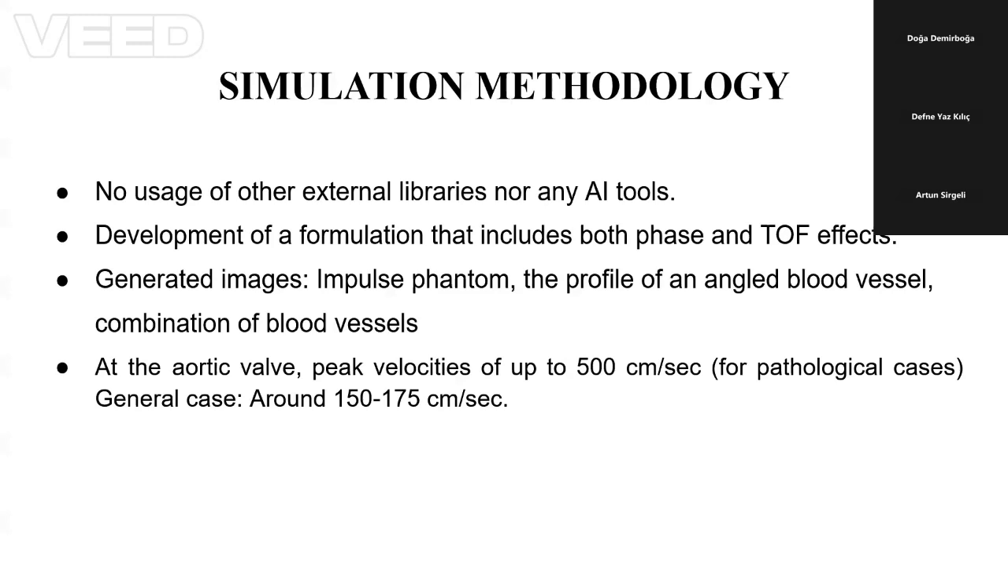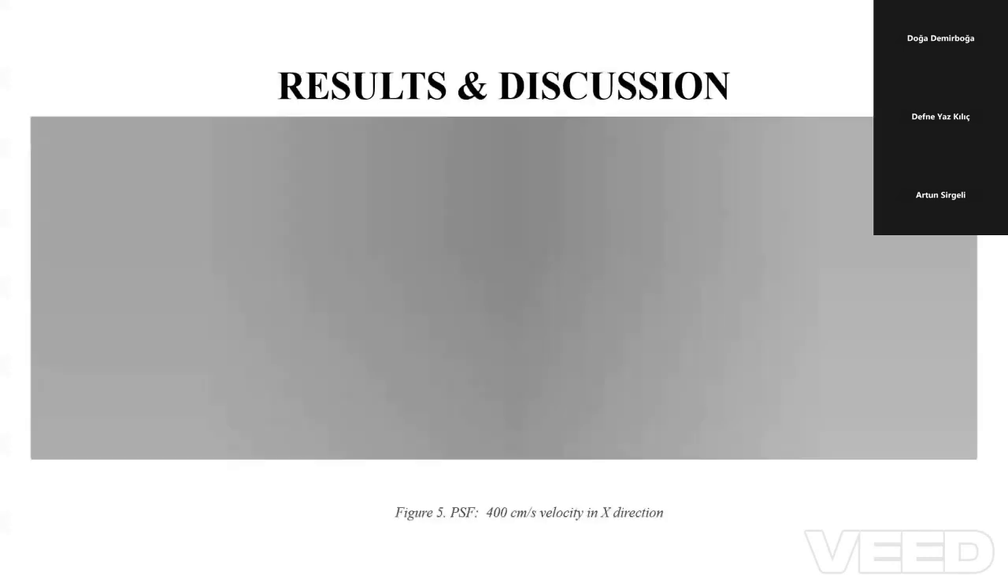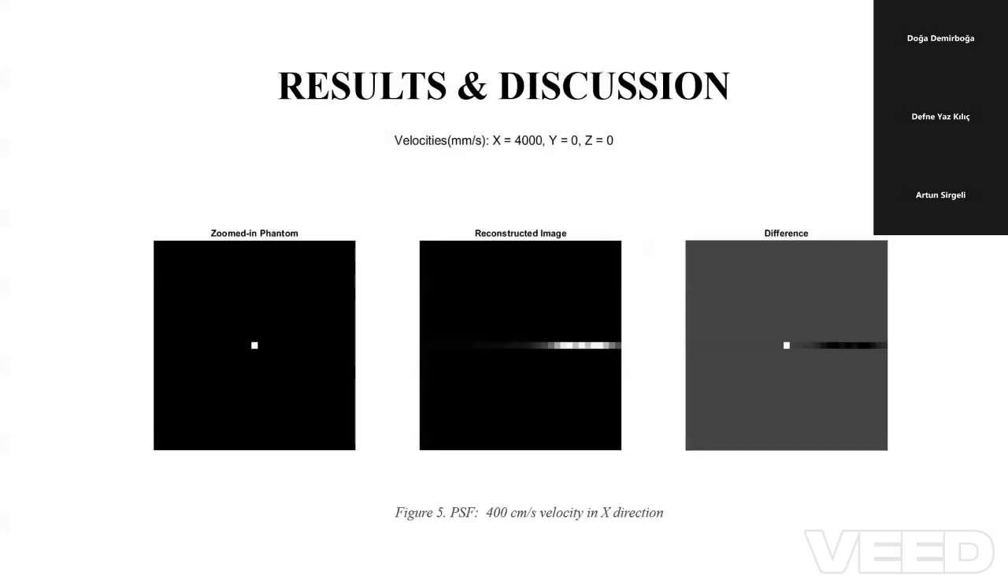And we generated images including an impulse phantom, the profile of an angled blood vessel, and a combination of blood vessels with different velocities. Through some research, we found out that at the aortic valve, peak velocities up to 500 centimeter per second are possible for pathological cases, but a general case is around 150 centimeter per second. We based our velocities according to this information. Here you are seeing an impulse point source moving at 400 centimeter per second in X